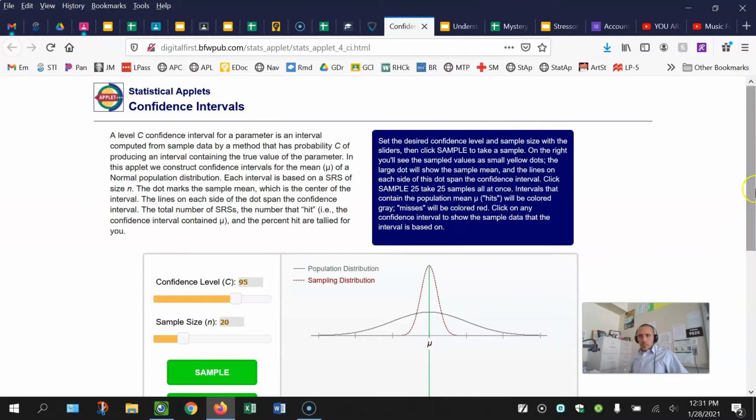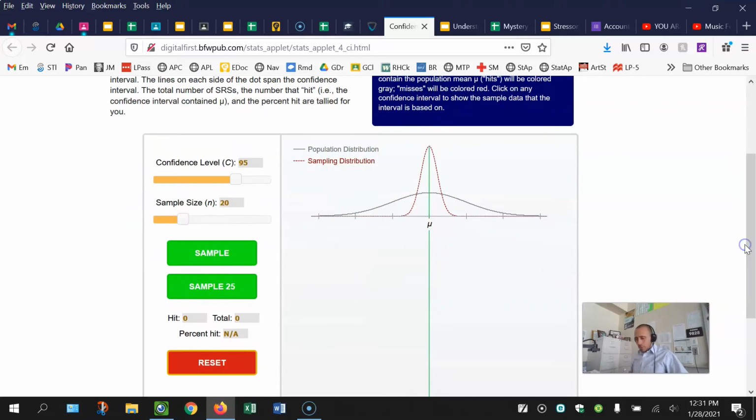Once you have this loaded up, pause the video and go ahead and work through this activity on your own. It's going to do you no good if I just work through the activity. I want you to explore what's happening and figure this out on your own. Then after you've done that, come back, watch me go through it, or skip ahead if you feel like you got a good idea of it.